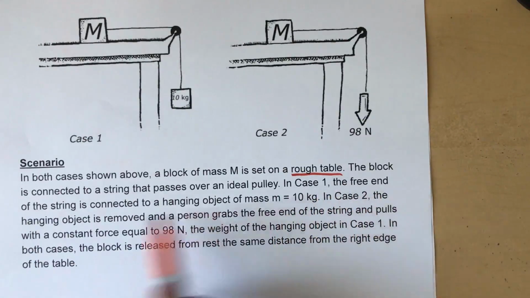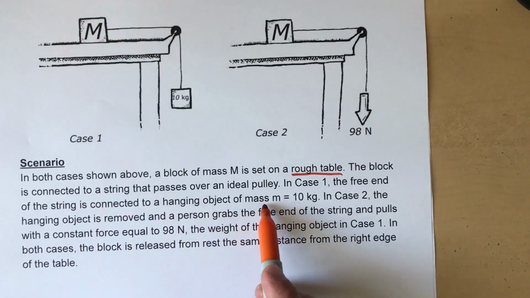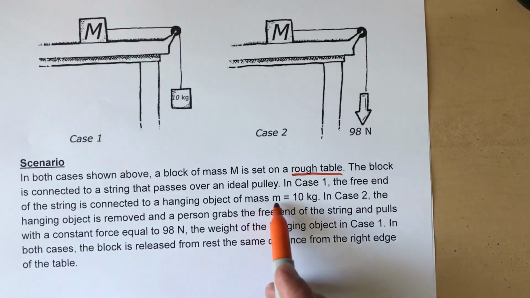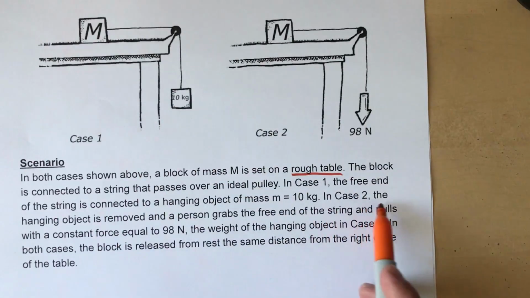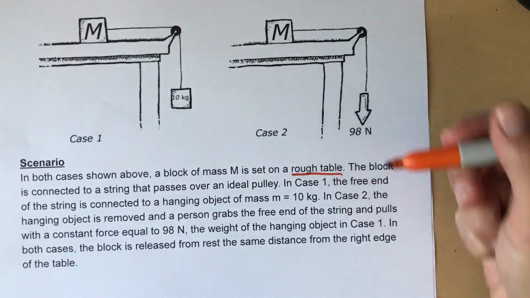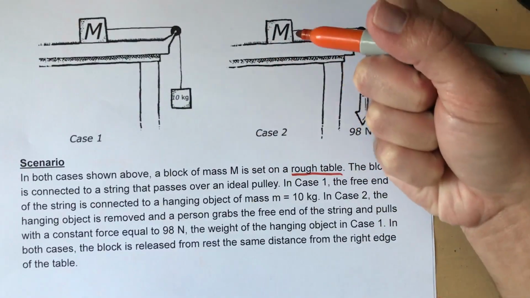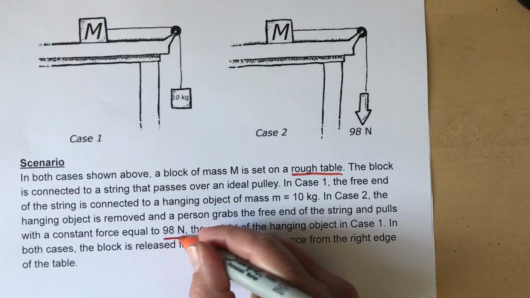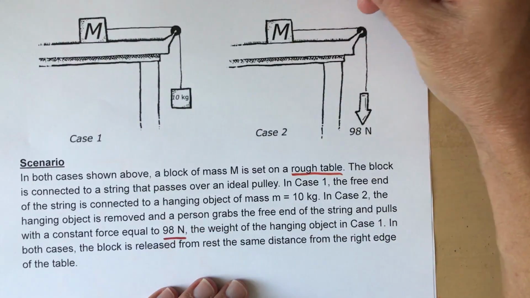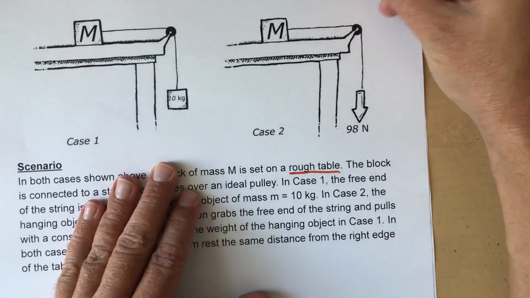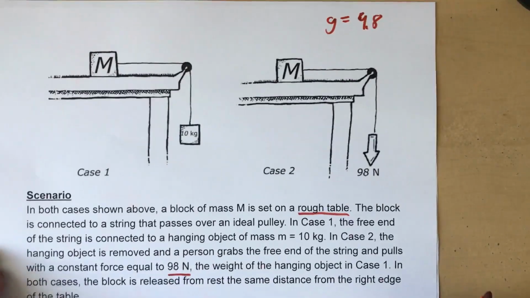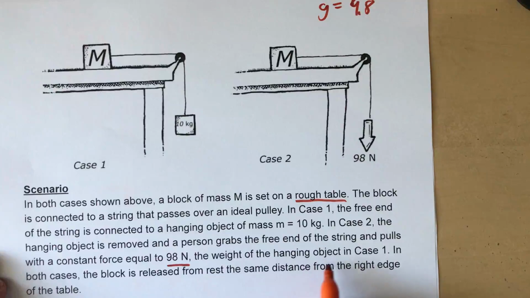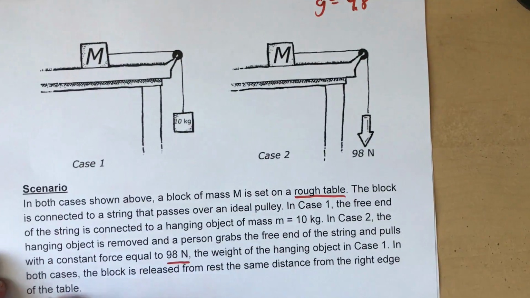In case 1, the free end of the string is connected to a hanging object of mass m equals 10 kilograms right there. In case 2, the hanging object is removed and a person grabs the free end of the string and pulls with a constant force equal to 98 newtons. So here it's important to realize that they're clearly using g equal to 9.8 as opposed to 10 in this example. The weight of the hanging object in case 1. In both cases, the block is released from rest from the same distance from the right edge